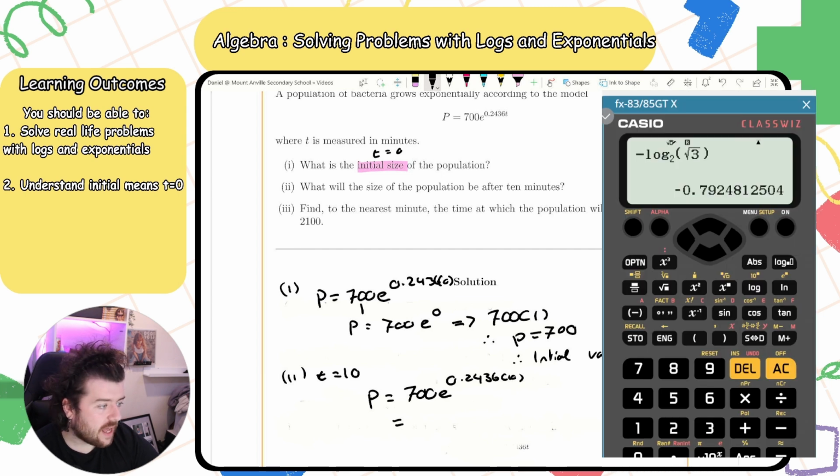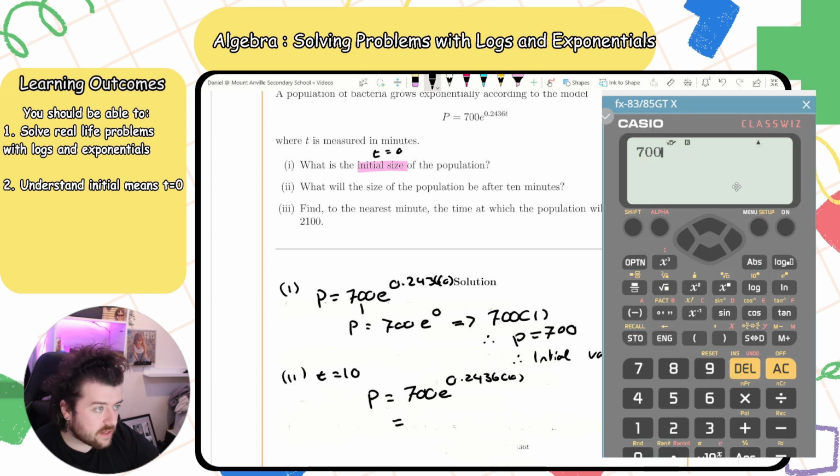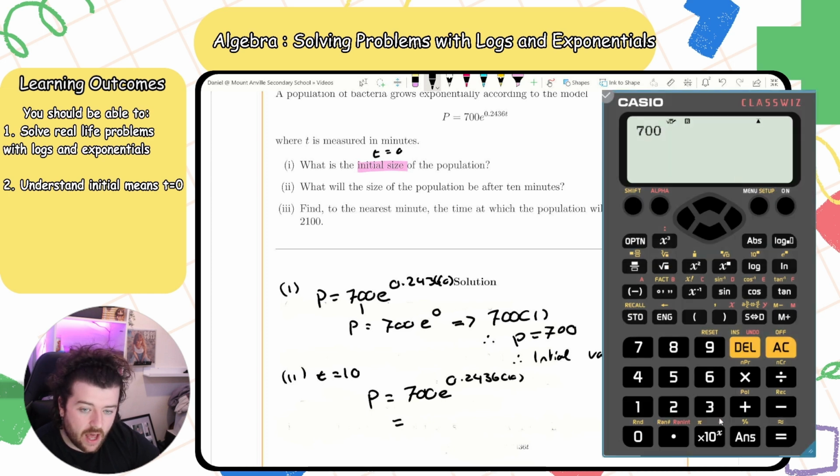I'm going to type this in: 700, and e is down here, this little red letter next to pi. We click alpha to access that. So 700e to the power of 0.2436 times